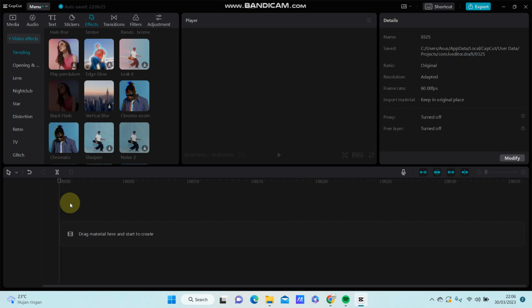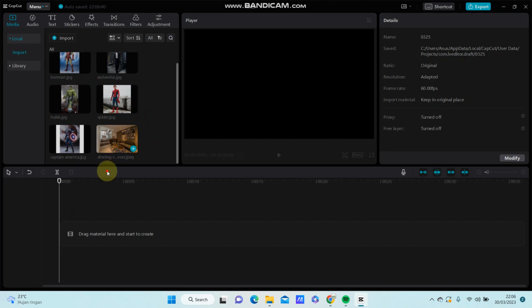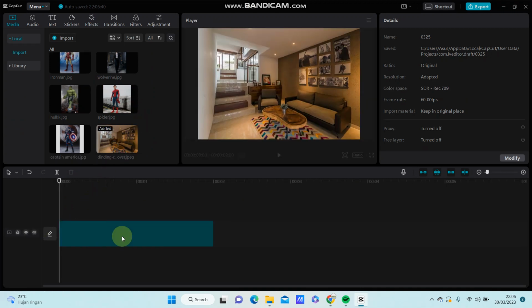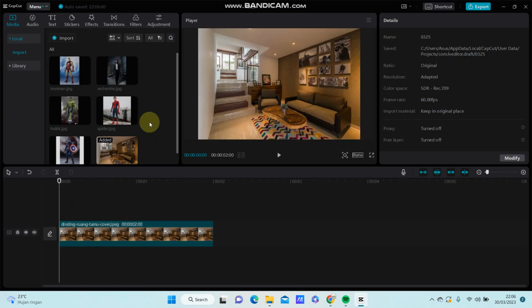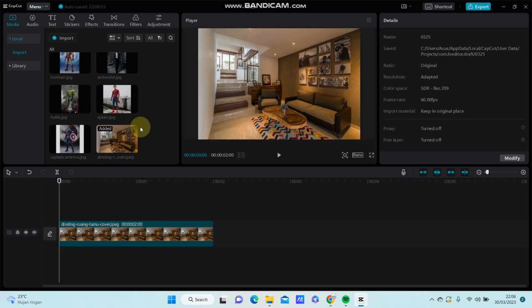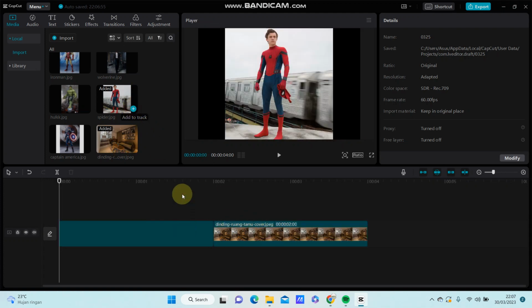Hey guys, in this video I'm going to show you how to add white place to overlay only in CapCut PC. So for instance, I'm just going to add an image to the main frame and I'm just going to add the overlay, put on top another clip